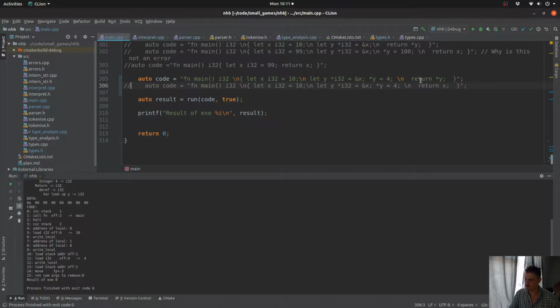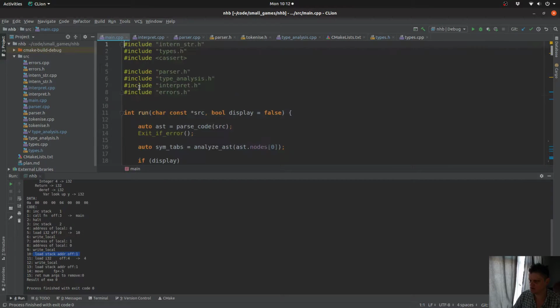So we think it might be this guy that's at fault now. Load stack address, offset 1. Interesting. I wasn't super concentrating last night, but let's